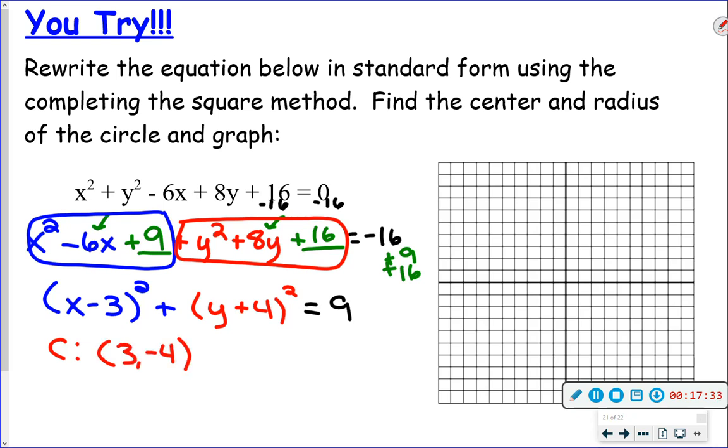So let's plot that. 3, -4. 1, 2, 3. 1, 2, 3, 4. What's the radius? 3. Square root of 9, which is 3. And let's just count up 3, right 3, down 3, left 3. There we go. There you go. Any questions on that? Okay, so